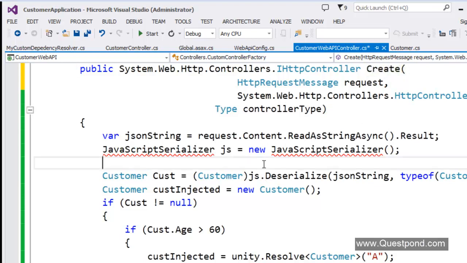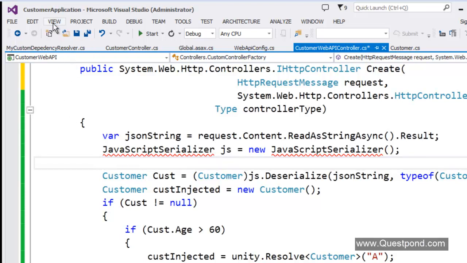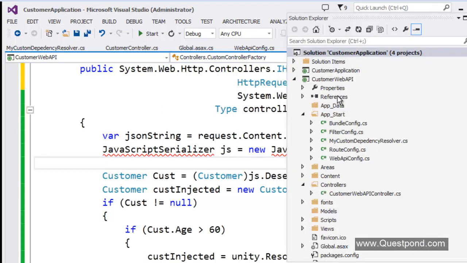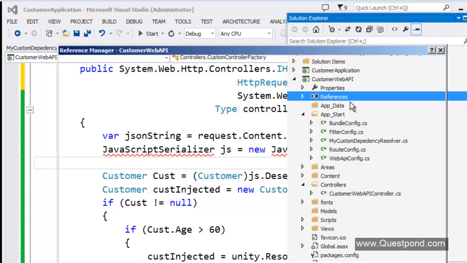So the first step is to convert that JSON which is coming from the Angular UI into a C# customer object, right? Into a C# object. So for that, we're going to use the JavaScript serializer class here. And to use this JavaScript serializer class, we need to refer to a namespace, system.web.extensions. In this namespace, this JavaScript serializer class helps us to serialize and deserialize JSON objects back and forth.